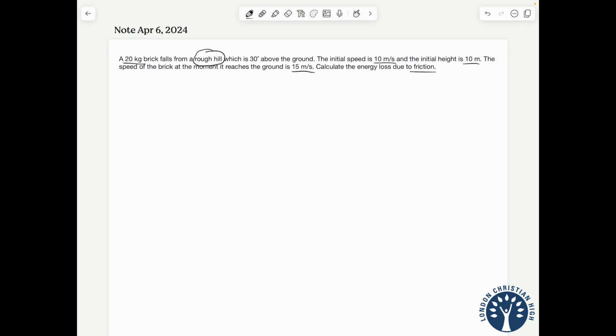Okay, now let's see the initial energy. Initial energy equals all the mechanical energy, which is gravitational plus kinetic. That will be 20 times 10 times 10 plus 1/2 times 20 times 10 squared. You may notice the benefit when doing this is you don't need to care about the angle because we have the speed squared. So the angle doesn't actually matter because we are using the net speed. So the answer is 3000 joules.